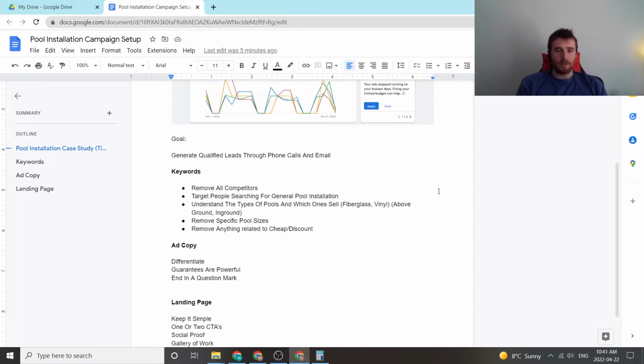And these would be the tips I would apply specifically to a pool installation campaign that we would be working on. The first is remove all competitors. I see this quite often, where our customers inside our Google Ads agency will call us, or I've seen it with other agencies as well. Essentially, what they want to do is steal clicks from other competitors and steal their traffic. They get the idea that if I put my ad above their business, even if someone searches directly for their business, they'll choose me over them, which in theory is a good idea, but